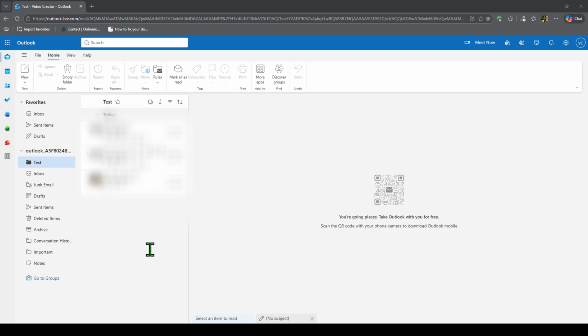So the easiest setup is this. Create folders for the types of emails you get most often, move a few older messages into those folders, then create rules so new emails go there automatically. That's how to organize Outlook email with